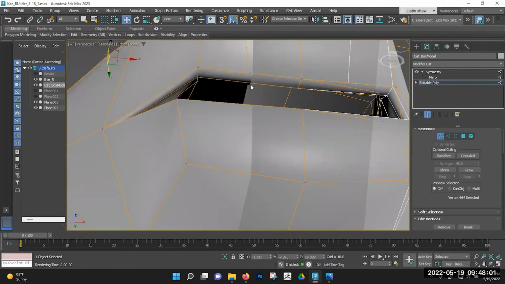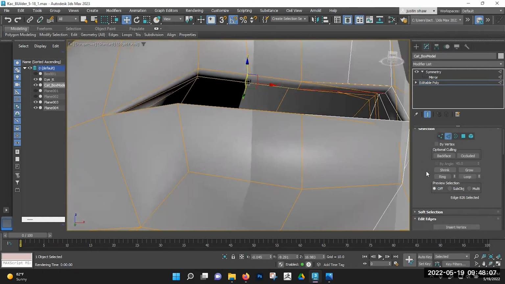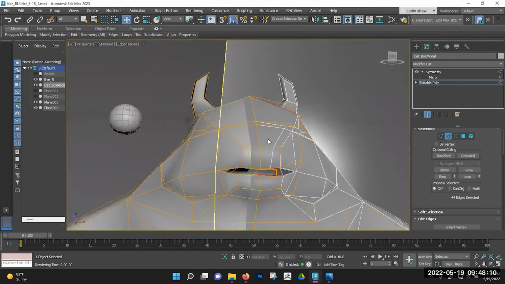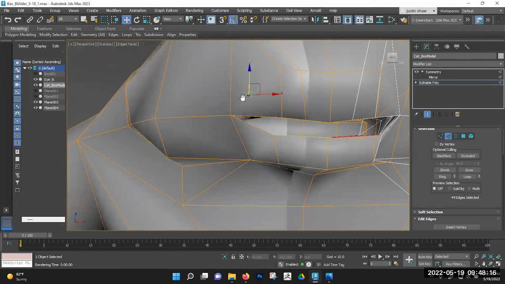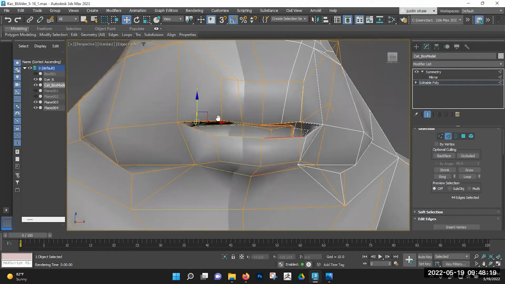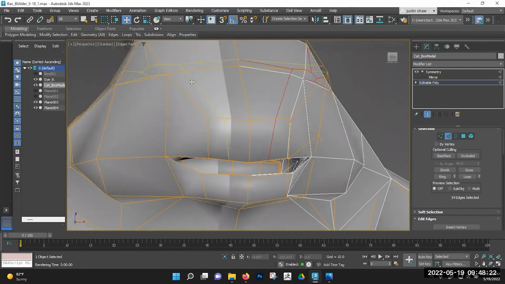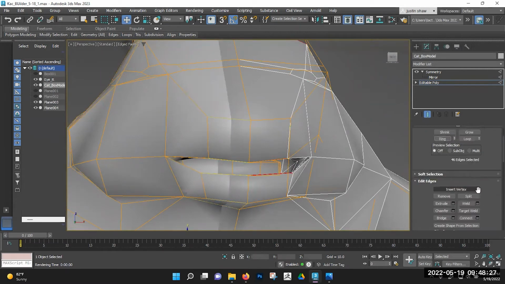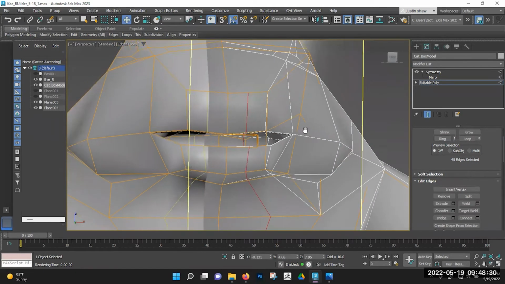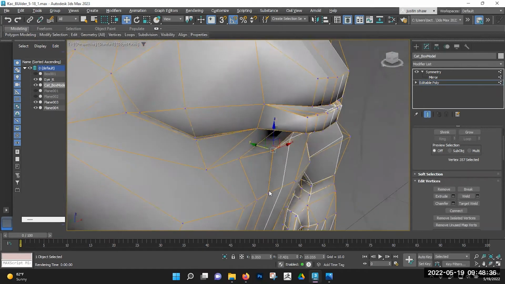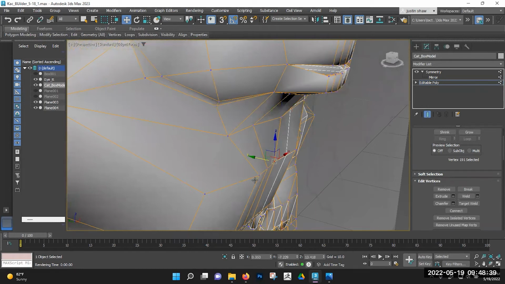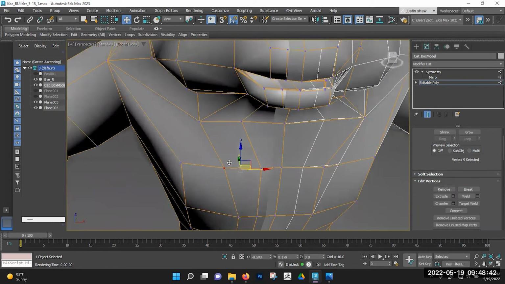Now this can get just a little bit dangerous. So what I'm going to do is I'm just going to press 2, I'm going to click, because I won't know what's happening inside of the mouth. And I'm just going to hit ring. So it goes all the way around the character. I'm going to undo the line that I cut here. Go to my ring, go to connect, press 1,